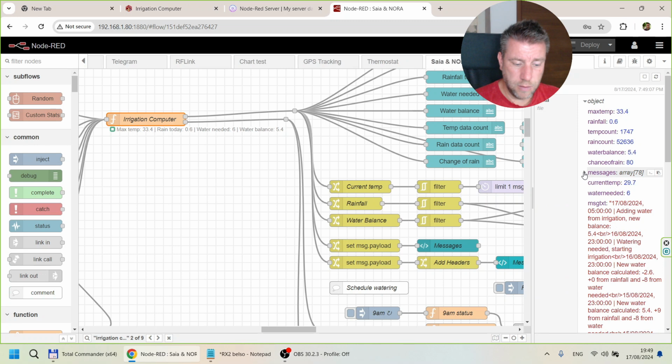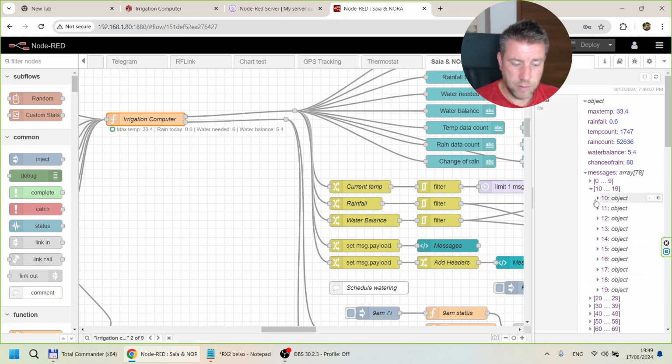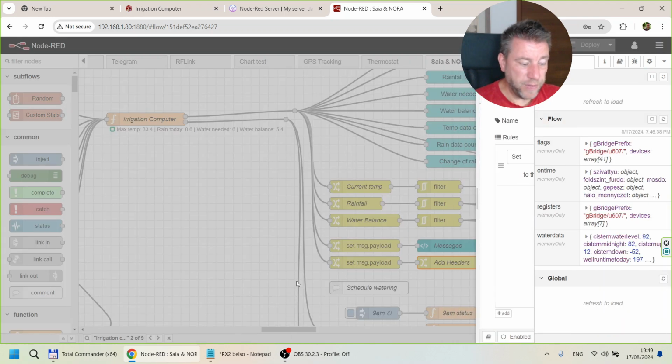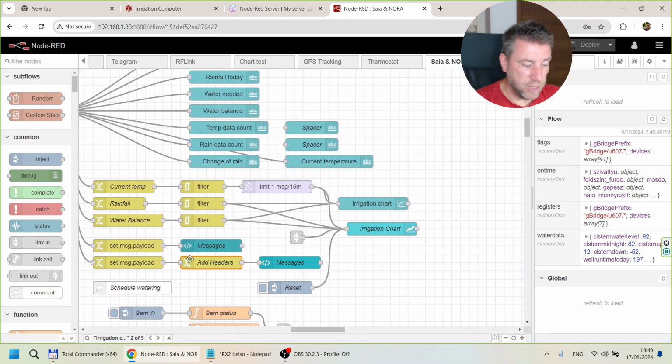So data messages, you can see them here. So each has a timestamp. Oh, let me show you the timestamp, the text, and the time text. That's what I display. And I use the same thing which I mentioned in the previous video. So this is like a bare bone way of showing a table content using the